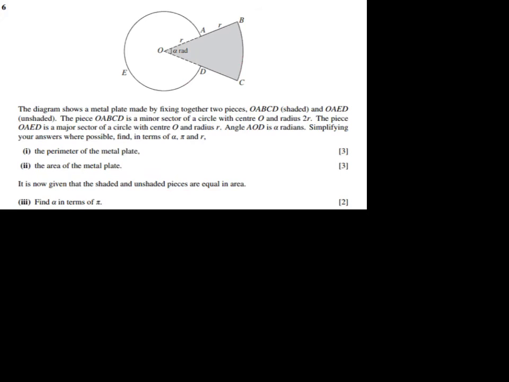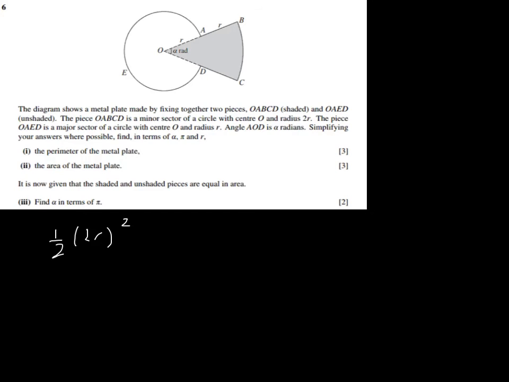Okay, and for the last part, it's actually easier than you obviously thought it was in the original test, because you actually have this piece of information now that tells you that the area of the shaded part is the same as the area of the unshaded part. So if we just take the area of the shaded part again, if you remember, it was half 2r in brackets squared